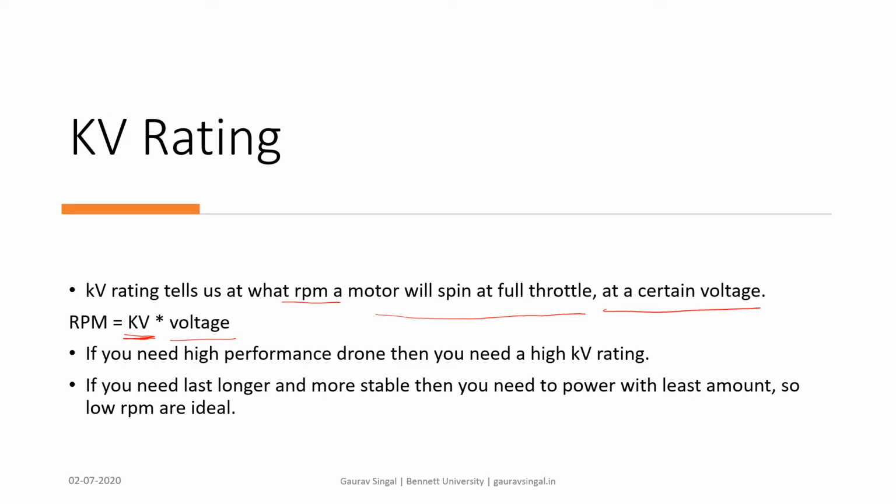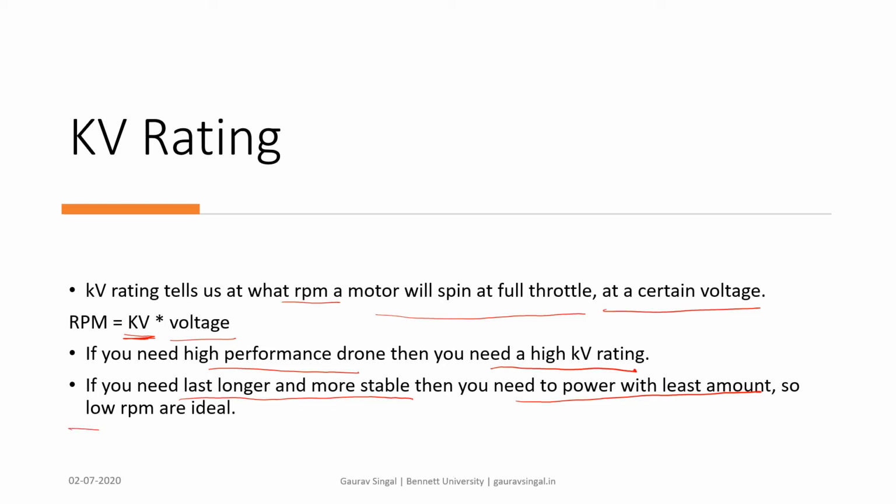If you need a high performance drone, then you need a high KV rating. Simple, right? If you have a high KV rating, then you can go for a high performance drone. If you need it to last longer and be more stable, for a longer time, then you need to power it with the least amount.